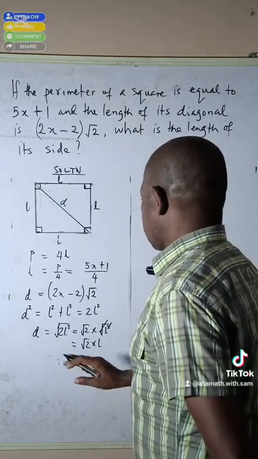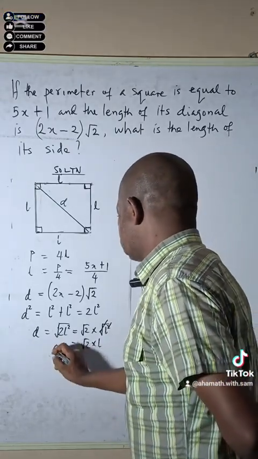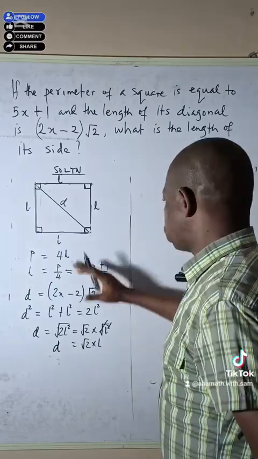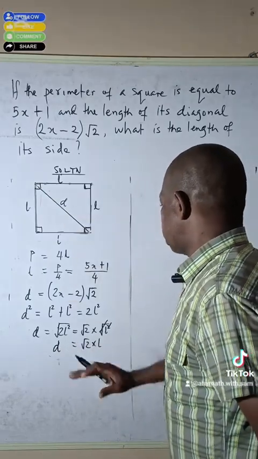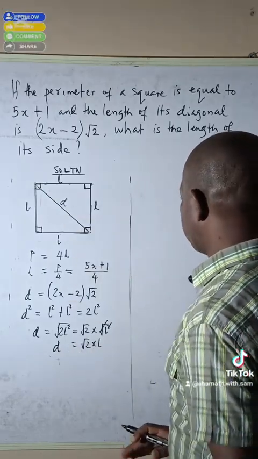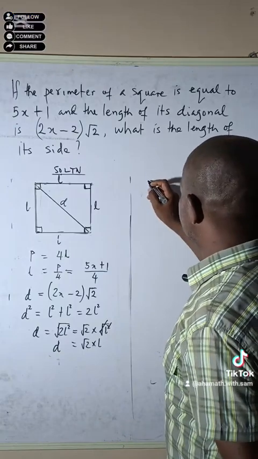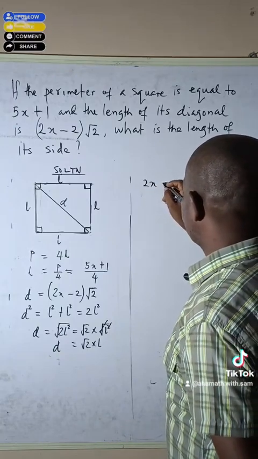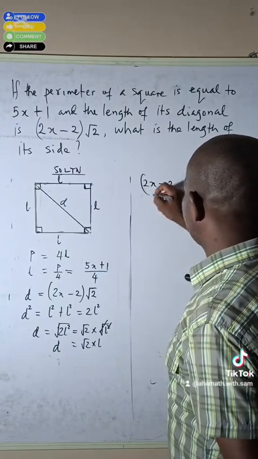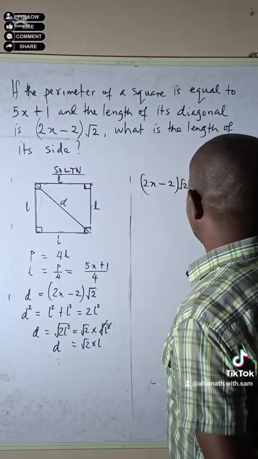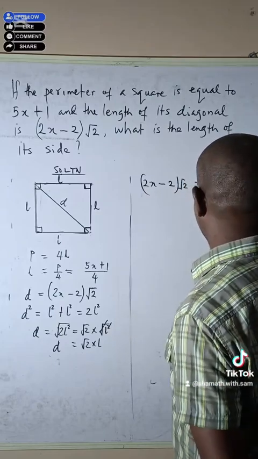Now, having found this connecting equation, let's put all of the parameters we are given into the equation and see what we arrive at. So D is (2x - 2) multiplied by root 2,